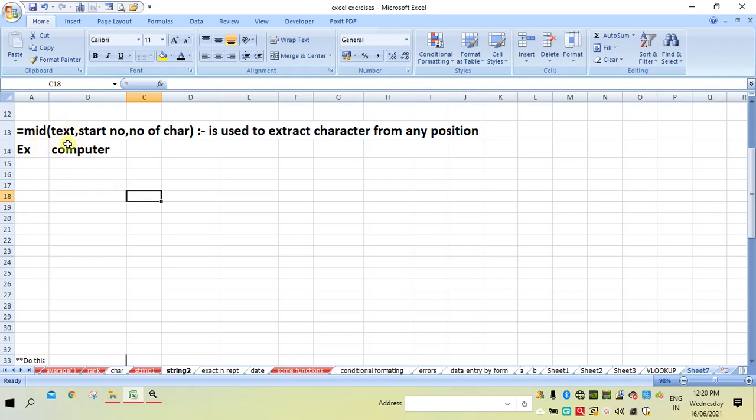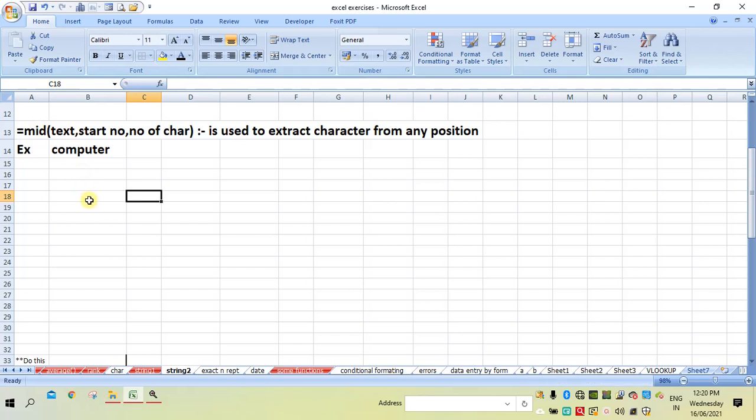Here we have to specify the text, then the start number, and then from the start number how many characters you want to extract. So in this bracket we have the text, start number and number of characters. By seeing one example you will understand the syntax of mid.